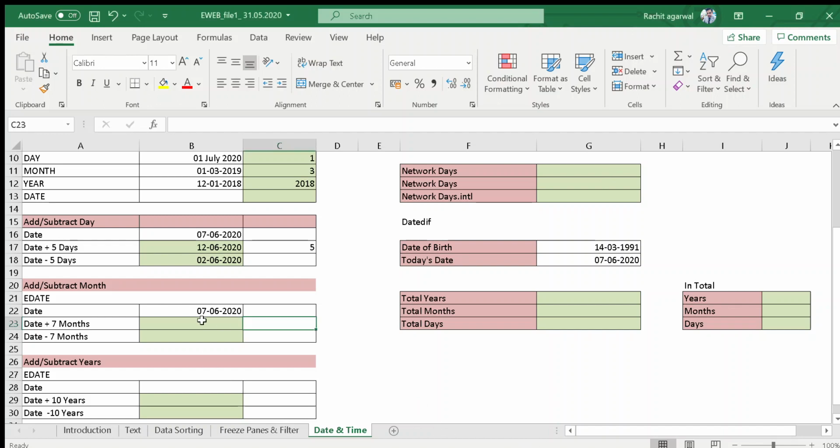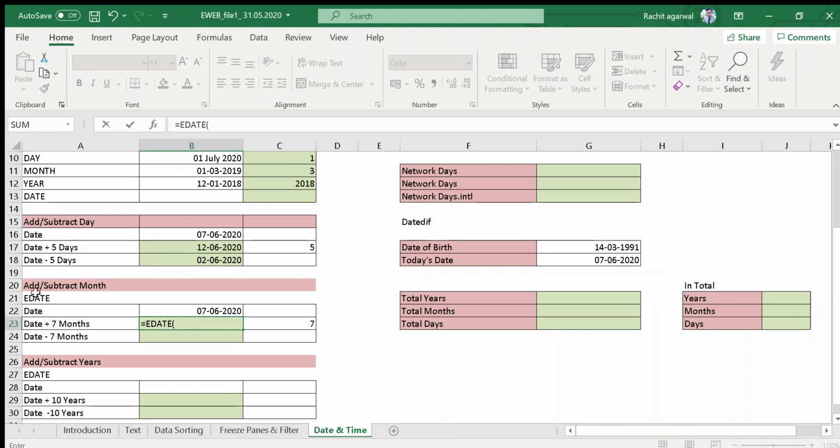All right. Now the current month is June and I want the 7 months after the current month. So here I will decide the criteria is plus 7, because I want 7 months after. So here I will use the formula EDATE.